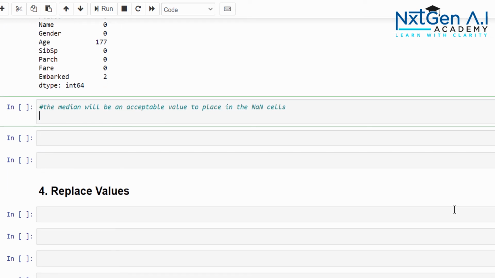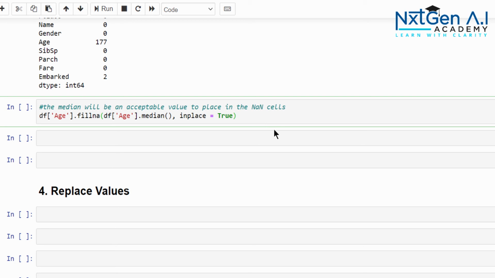The data frame, the column name age, dot fillna. How to fill? The data frame age dot median, then inplace equal to True.